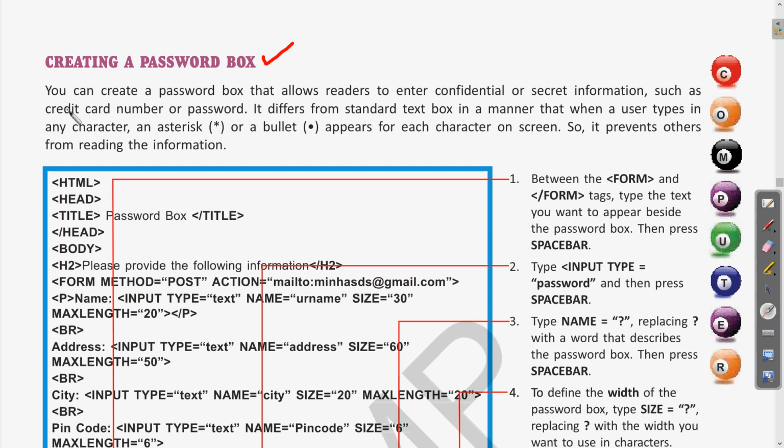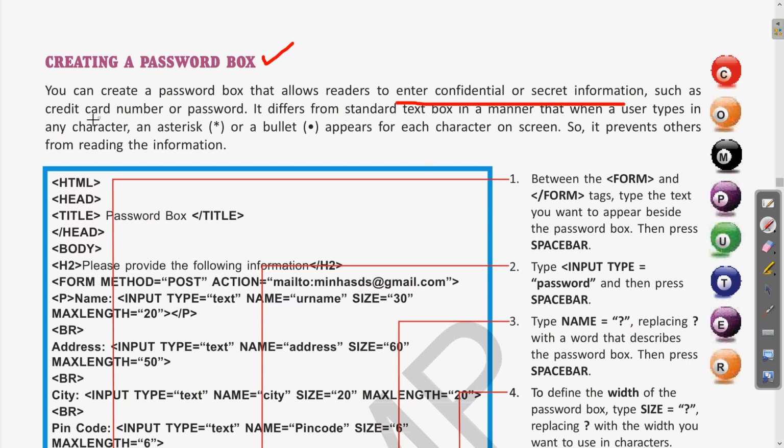Let us read this. You can create a password box that allows readers to enter confidential or secret information such as a credit card number or password. Clear? Using this password box, we can enter confidential or secret information.